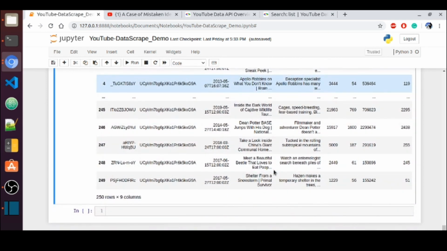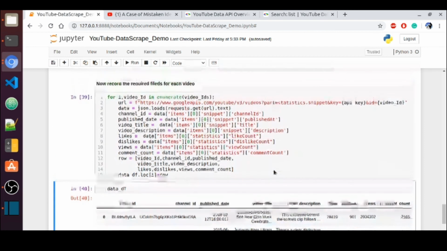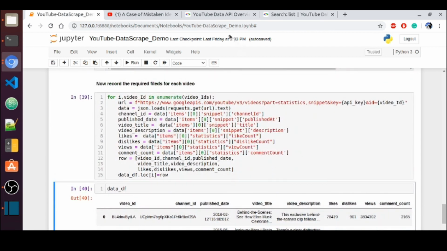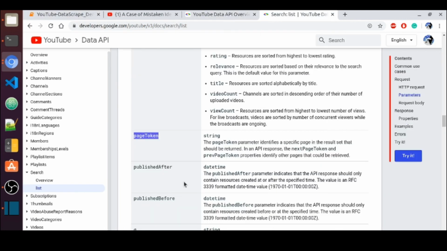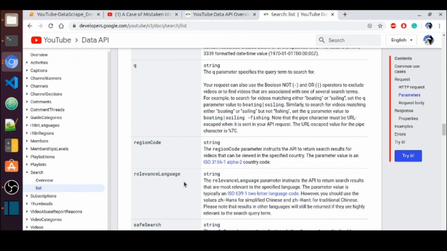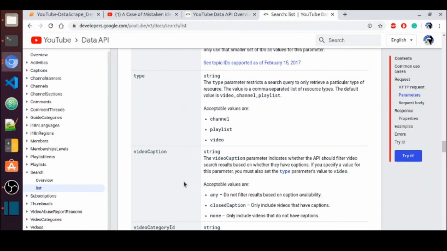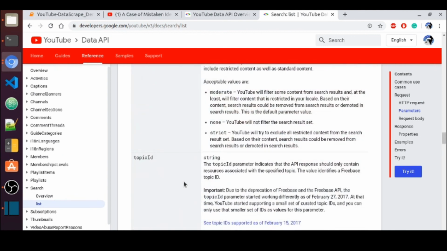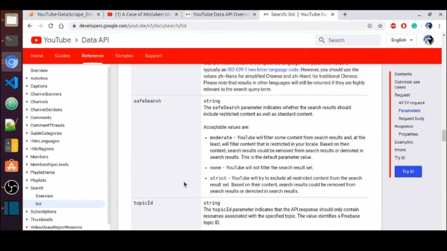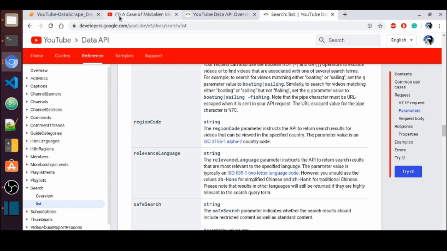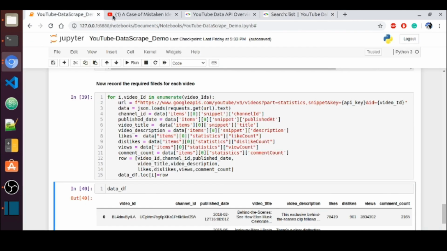And again, this YouTube API is not limited to this. As I told you earlier, you can explore this documentation. You can find a lot of things you can do, but make sure your quota is limited to 10,000 units. Of course, you can also request to increase the quota if you are a startup or if you are using it for your business. Google will evaluate your request, and it will give you an extended quota.